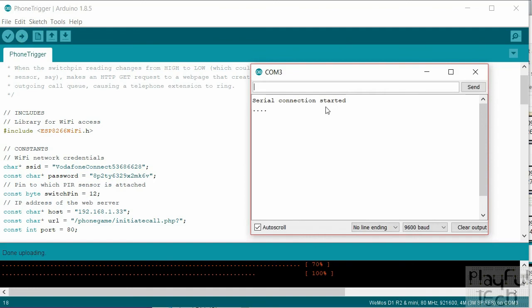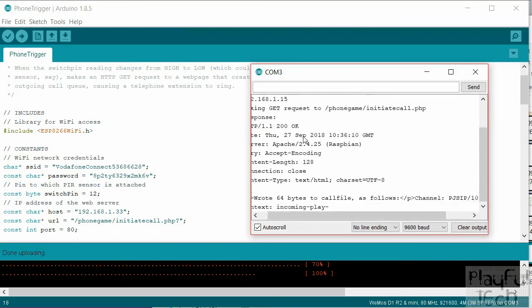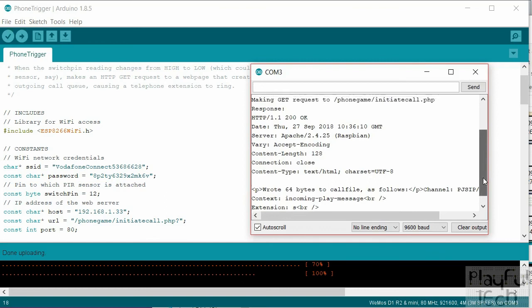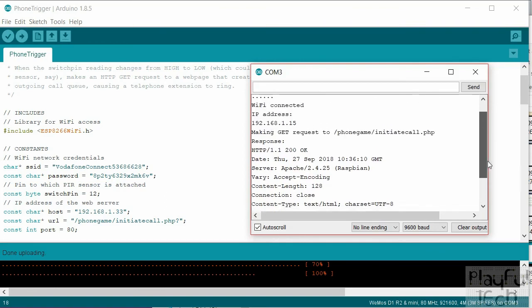Okay, so we've got the serial connection started. It's now connecting to the network, and it's connected, so it's pretty quick actually. It only takes a couple of seconds to connect to the Wi-Fi. It's been assigned an IP address via DHCP, and now it is ready, just looping round, waiting for the state of that button to change. So if I now press that button, what you'll see is a load of information come up on the screen, which I'll talk through in a second,